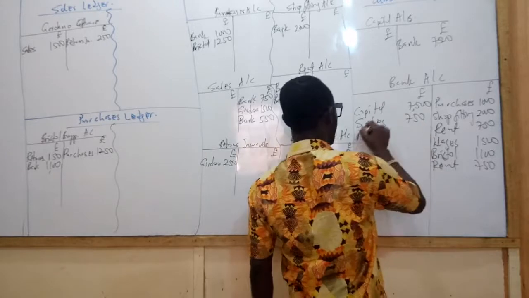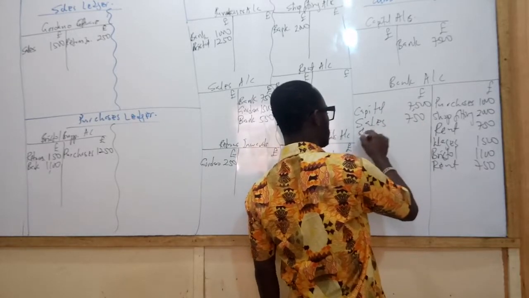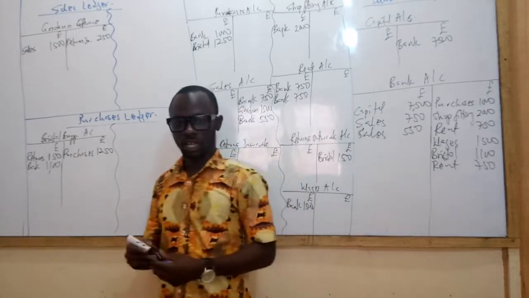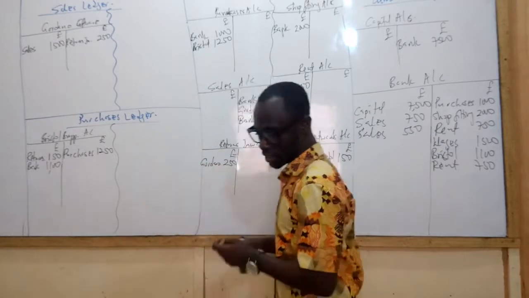So we receive money in the name of sales, 550. So that is the entry for that. Next one is